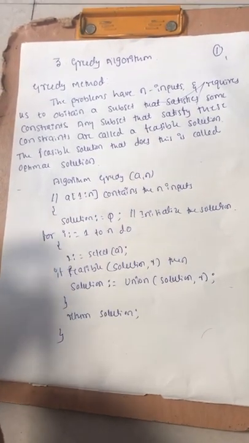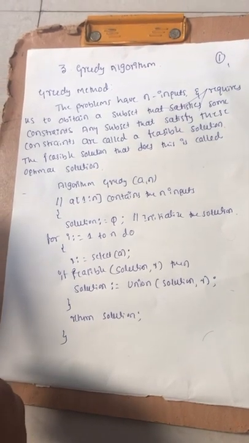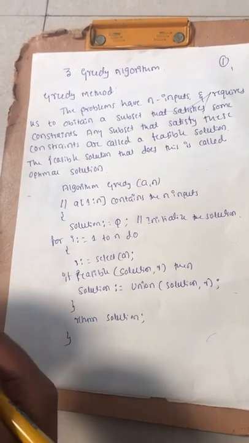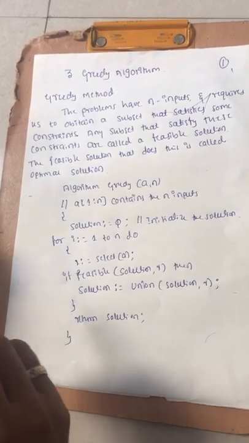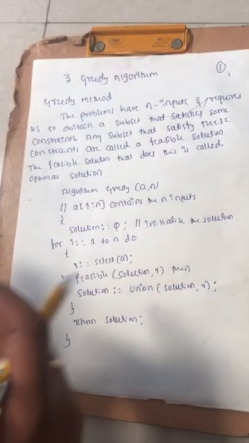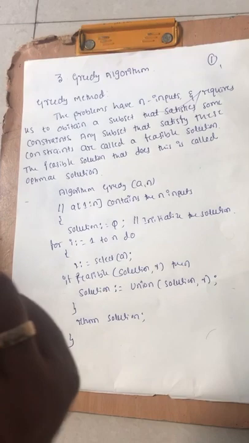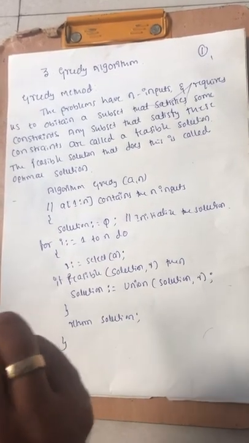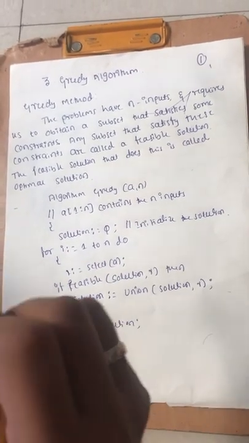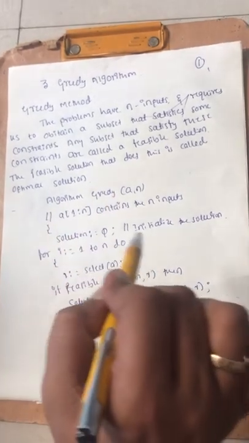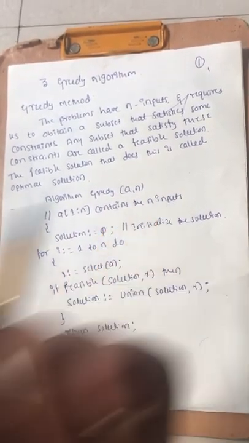In the previous class we discussed the divide and conquer technique. What the divide and conquer technique tells us is that the given problem is divided into a number of sub problems. The sub problem solutions we are going to calculate, and again these solutions are going to be merged to find the solution for the main problem.